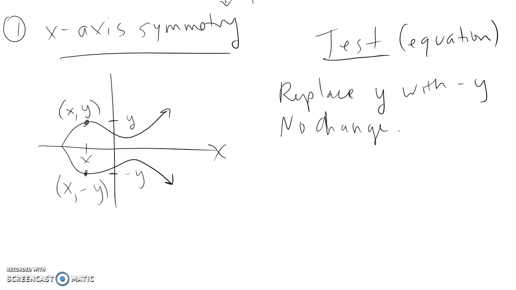So basically the idea is that if (x, y) is a solution to the equation and (x, -y) is a solution to the equation, they both satisfy that equation. So there should be no change in that equation if you're plugging in (x, y) or (x, -y). You should get the same thing. Okay? All right. The second type of symmetry